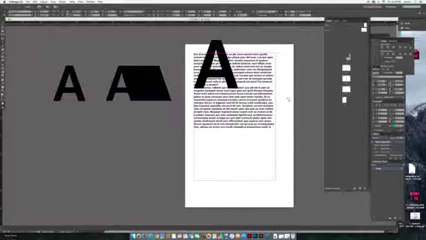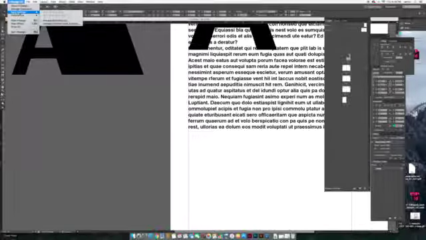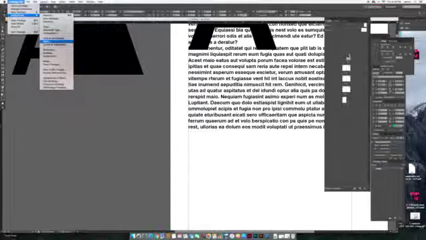And remember, you're not on the baseline, so you haven't set the baseline. So what I'm going to do is I'm going to set the baseline, right? The baseline being the line where each line of copy sits. The leading is the space between those two lines, right? So I'm going to go to InDesign, Preferences. I'm going to go to Grids,